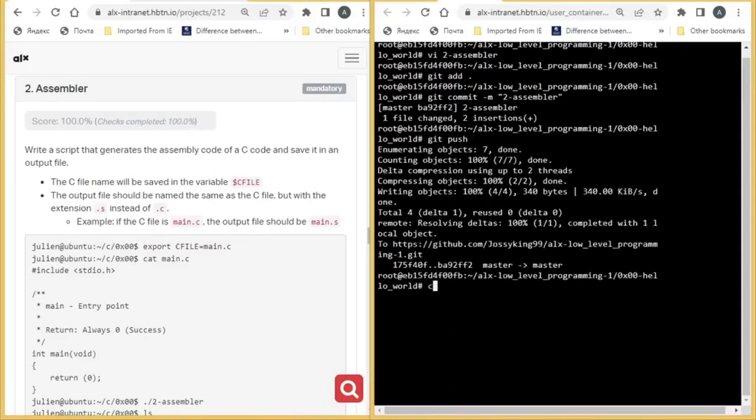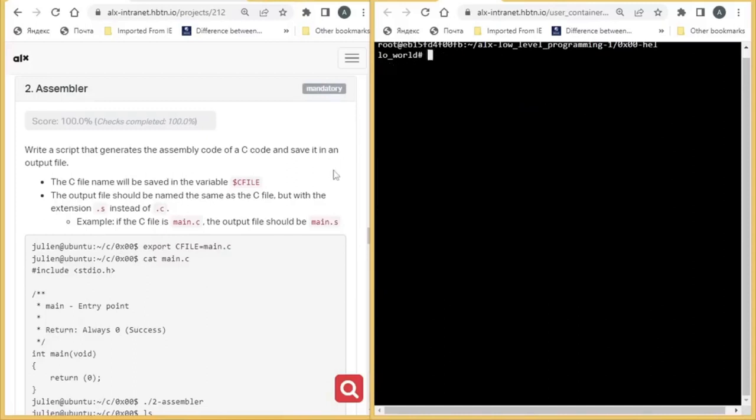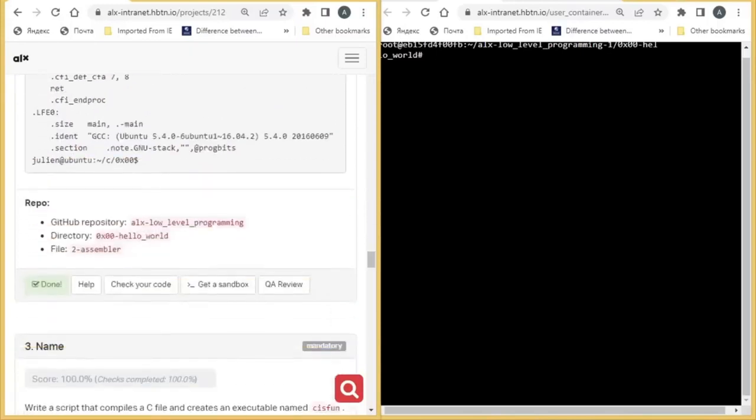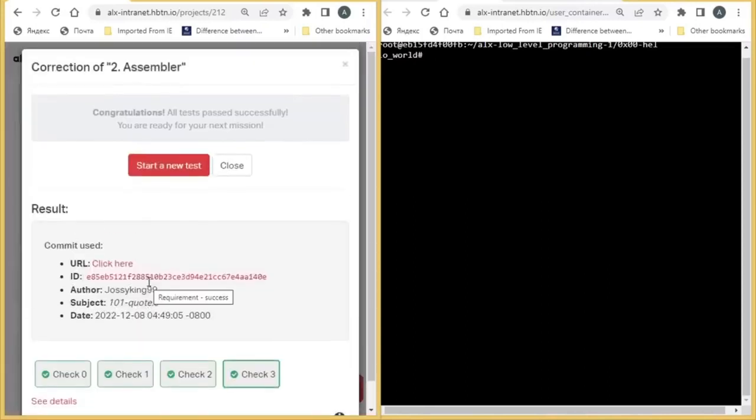Alright, done successfully. Believe this is correct, but to clear any element of doubt, let's check our code. So this is correct. You see it's all checked. That means you are correct. So we move to the next